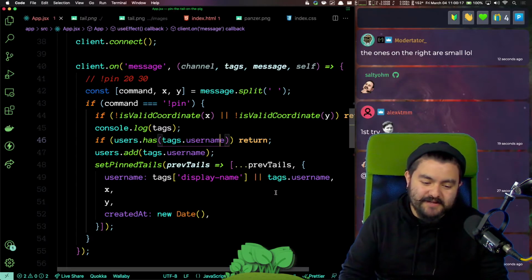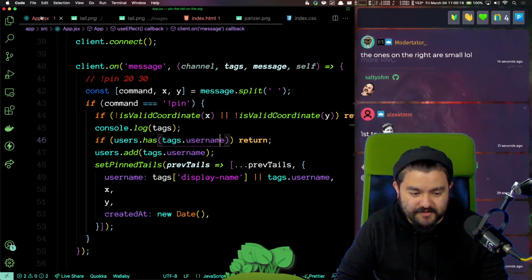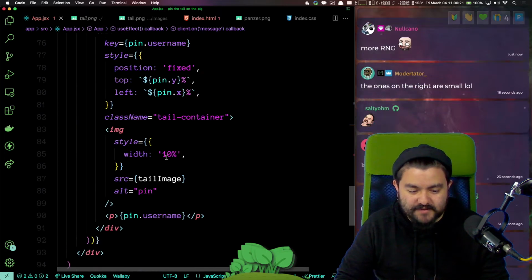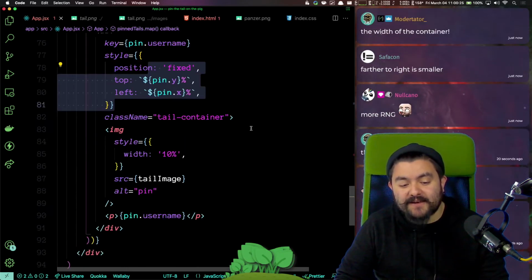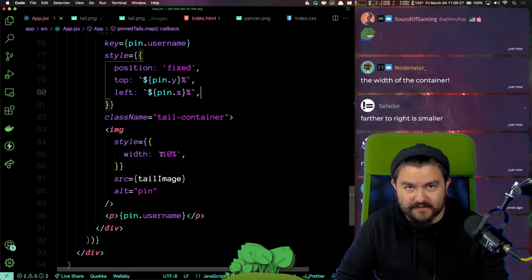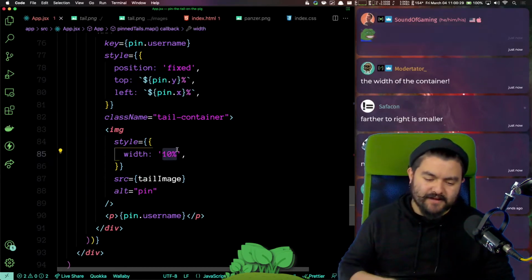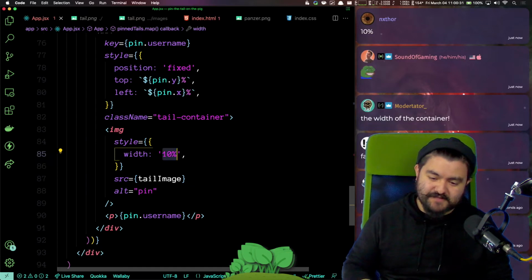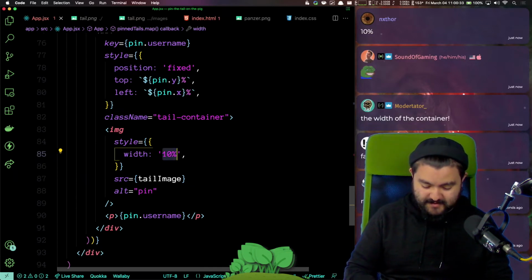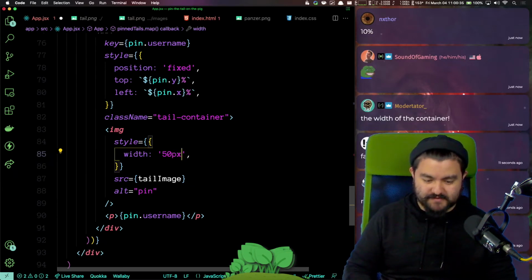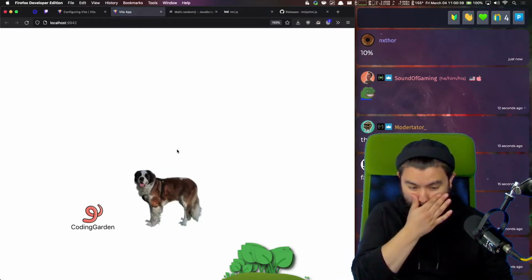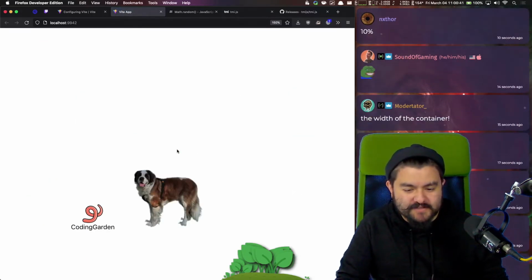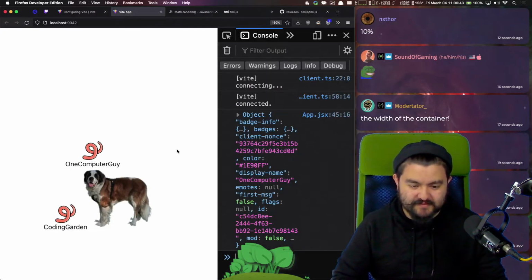We need to fix the width of that tail though, for sure. So right now I have it as a percentage. Oh, because it's a percentage of the container, and then the container is bigger if the username is longer. We're just going to fix it in pixels. We're going to do 50 pixels. There we go. So now everyone's tail should be the same size.